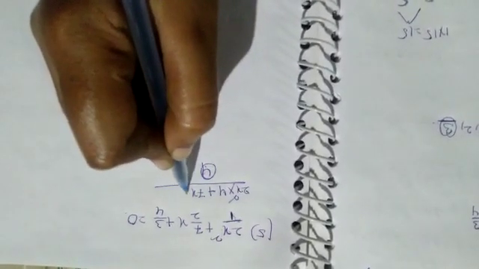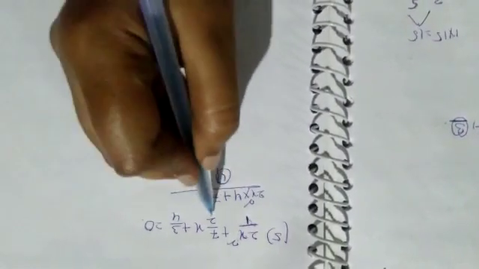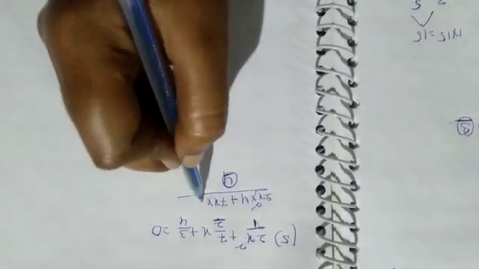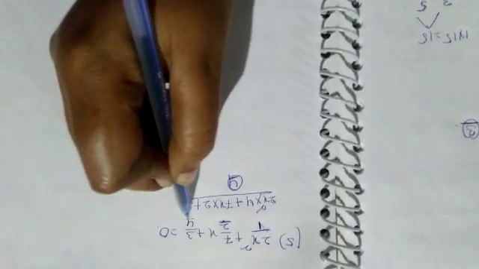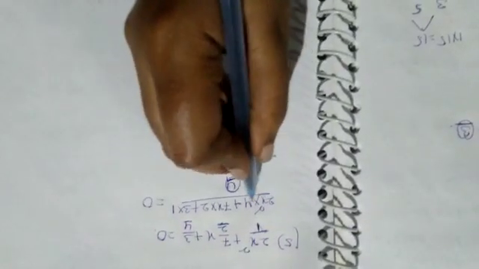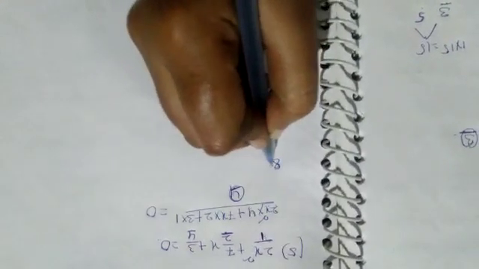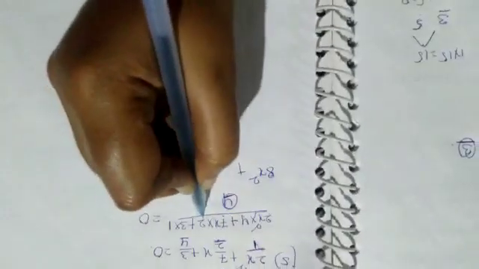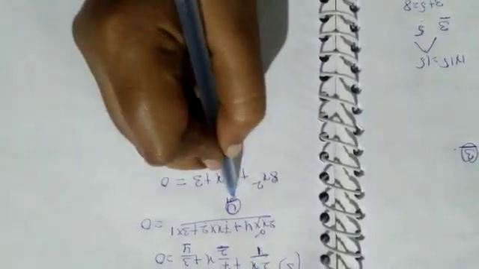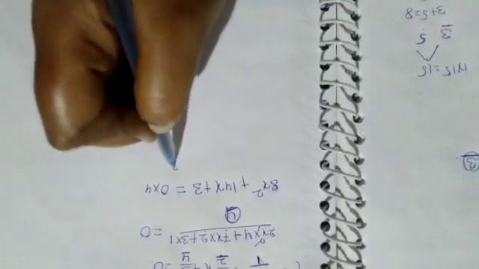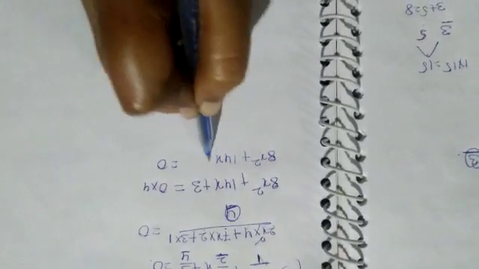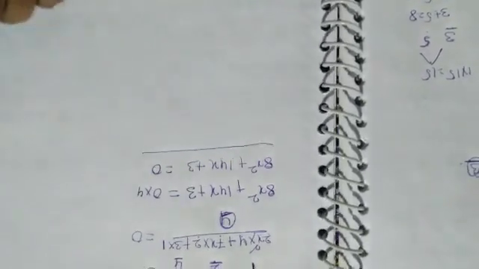Here 7x into, we have 2. 2 is how many times to get 4? 2 times. Plus 3 into, we have 4. 4 is 1 time, equal to 0. 2x square into 4 is 8x square plus 7x into 2, 14x plus 3 equal to 0. By 4 comes to this side, into 4. 0 into anything equal to 0. So 8x square plus 14x plus 3 equal to 0. This is our quadratic equation.